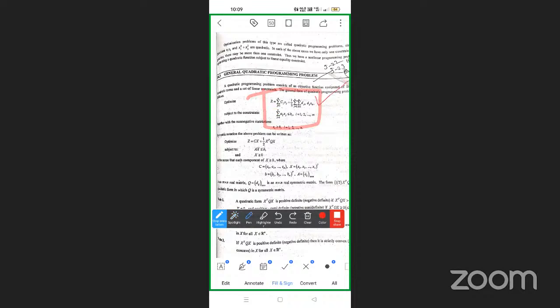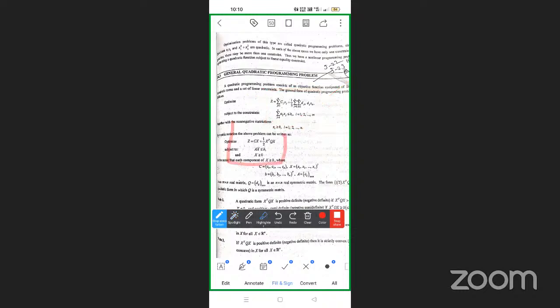Next, subject to constraints: summation j equals 1 to n of aij xj less than or equal to bi, i equals 1 to m. So this is the objective function, and these are the subject to constraints. So in simple form,